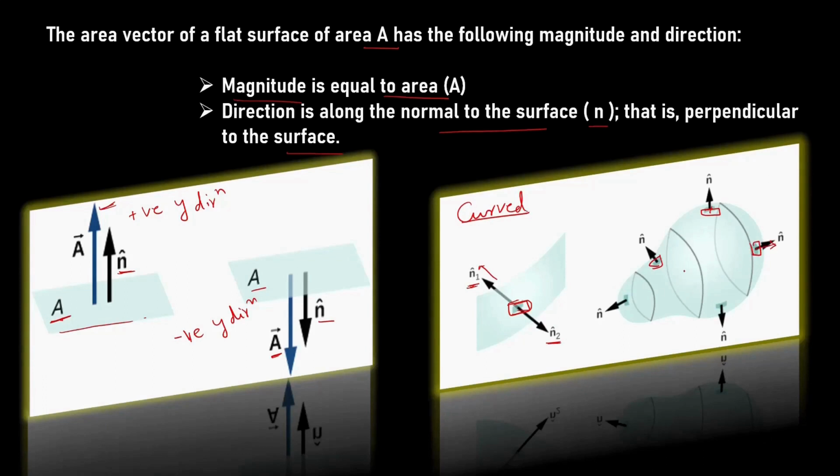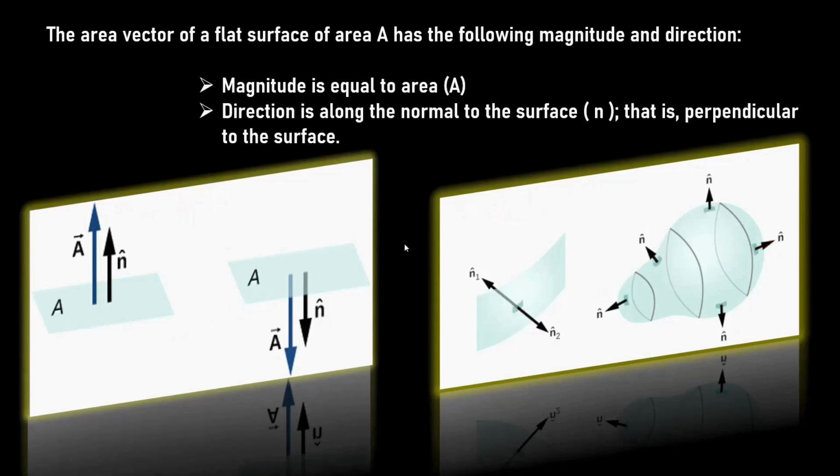Mind it, here this is a curved surface, so we cannot associate a single normal vector to this surface area. Instead of that, we have to divide the entire surface into small area elements, and each area element will be represented by its normal vector pointing in different directions. So this is the difference in representing area as an area vector for a planar surface and for a curved surface. So while solving problems, you have to keep this in mind. Later on, we will derive the formula for the planar as well as for the curved surfaces.